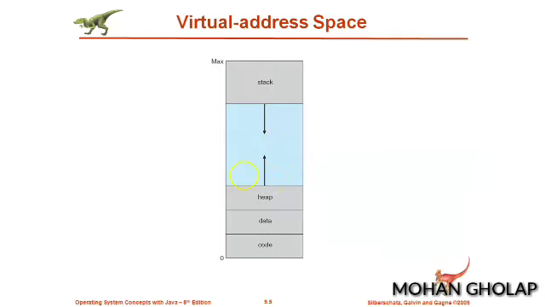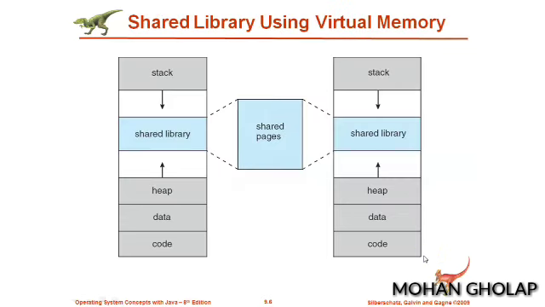As we saw in the previous slide, by using virtual memory it is possible to have code that is shared among different processes. As an example, we consider this figure. Here we have the shared pages, which are blocks of memory shared among a number of processes. We already saw that whenever a process is executing, it will have the associated memory segments in this way. Here this represents one process and this represents another process.